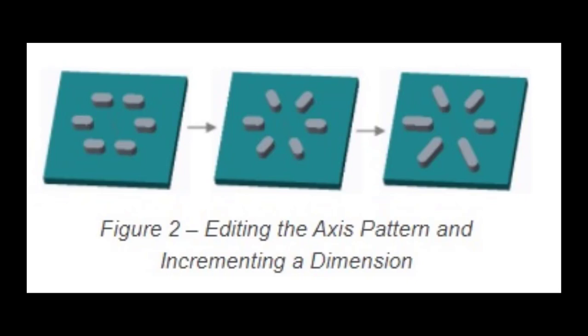You can also set the option follow axis rotation. In figure 2, in the second and third images, when the checkbox is selected by default, that is follow axis rotation, pattern members are oriented such that the relationship between the pattern leader and the axis is maintained for each pattern member. Whereas in the first image in figure 2, if you disable or uncheck this, the pattern members will have a constant orientation, the same as the pattern leader. You can see that clearly in this image, which I will be demonstrating in the exercise.